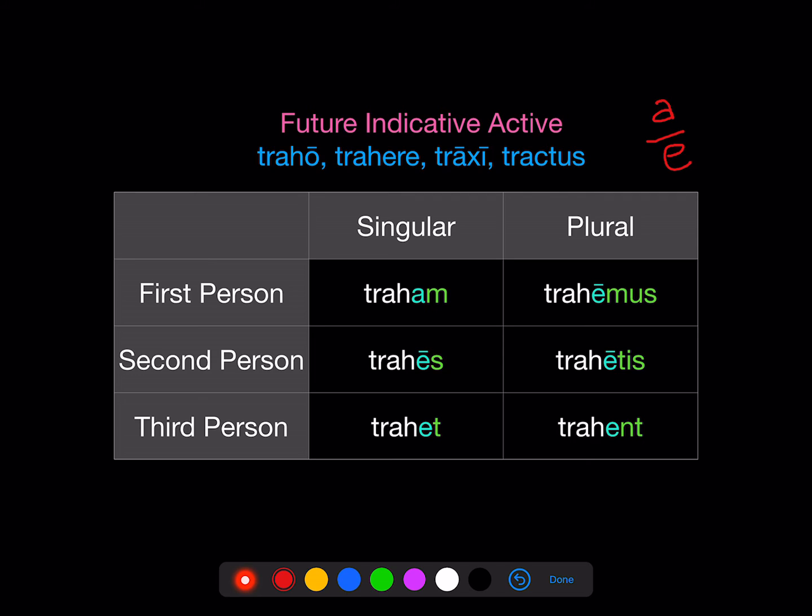And instead of the O, S, T, mus, tis, NT endings, we have the M, S, T, mus, tis, NT endings that we see like in the imperfect, bam, bas, bat. Okay, so M, S, T, mus, tis, NT. Here we have an A, and everywhere else it wants to be a long E. But again, final T and NT shorten that long E. Okay, some people remember the mnemonic ham and 5 eggs, right? An A and then these 5 E's.